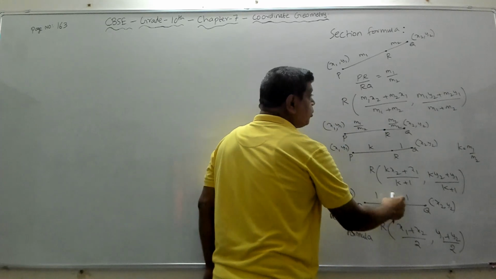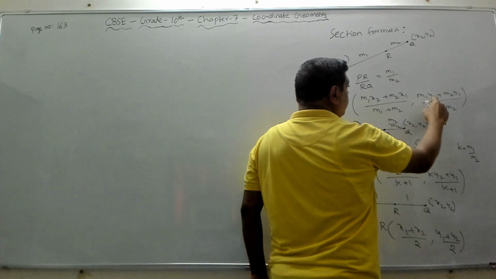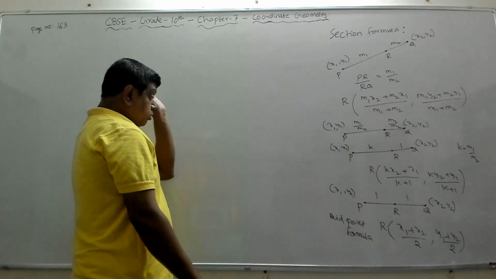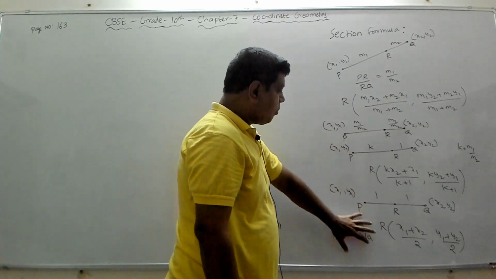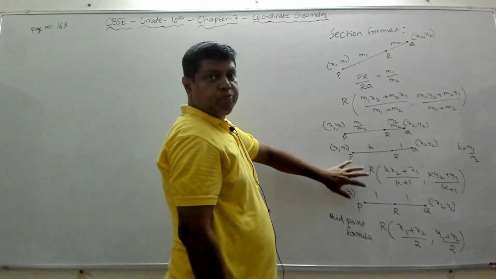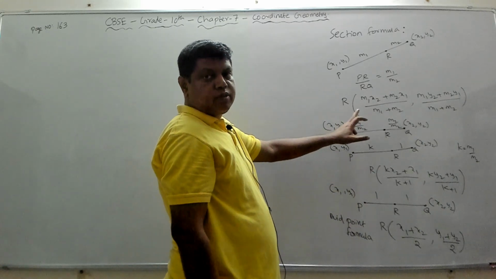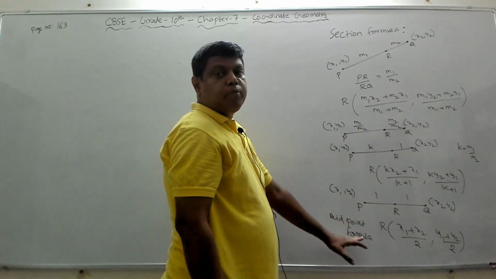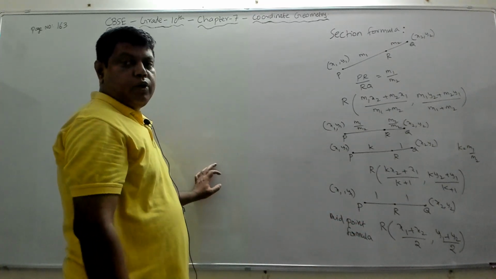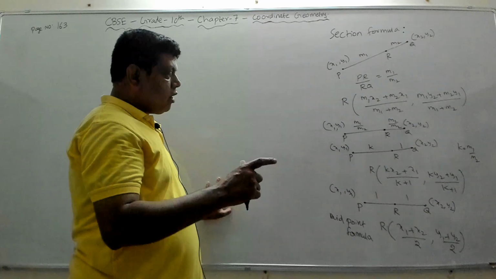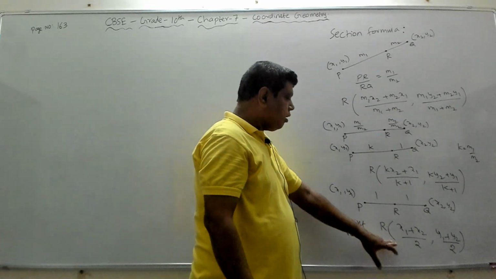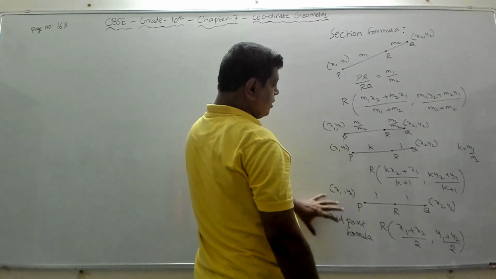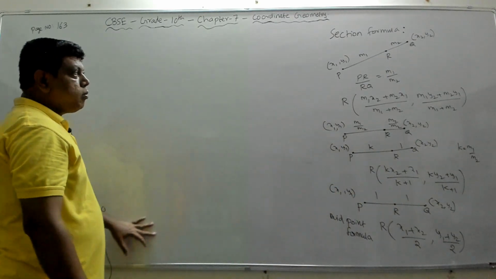This is your m1, this is your m2. If you substitute m1 as 1 and m2 as 1, you get y2 plus y1 by 1 plus 1, which is 2. Right? So mostly we'll use these three formulas, but these two are one and the same. The only thing is that the value of k is taken as m1 by m2, then this formula becomes like this. This is the formula for finding the midpoint of the line segment joining any 2 points. So using these formulas, we will be solving the problems in this section.